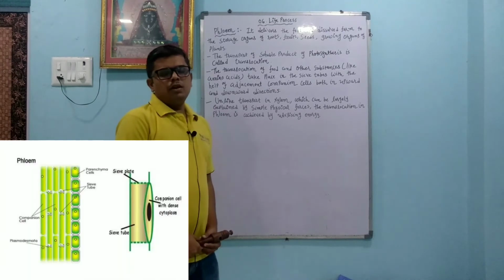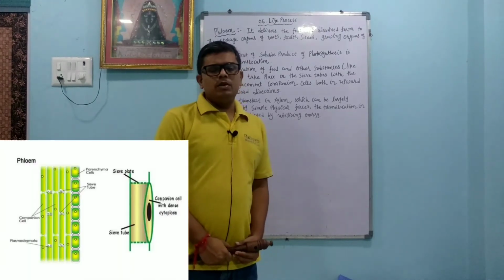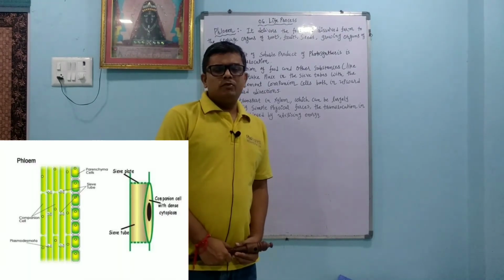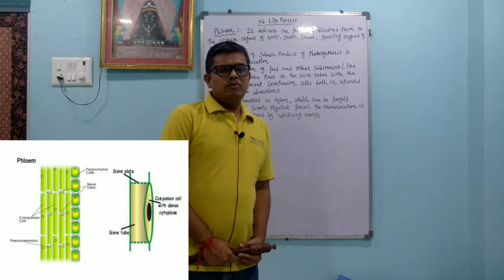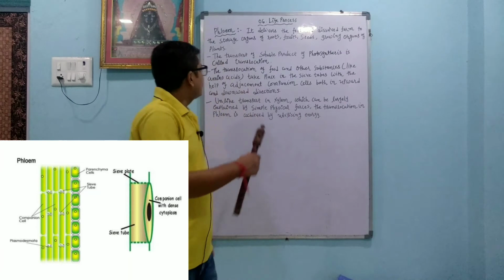Dear student, we are going to learn about the phloem. Phloem is responsible for the transport of food products to the different parts of the plant, from the leaf to the different organs of the plant like stem and root. The process of transporting food to the different parts of the plant is called translocation. In that, sieve cells and sieve tubes are responsible. So one by one we will learn.